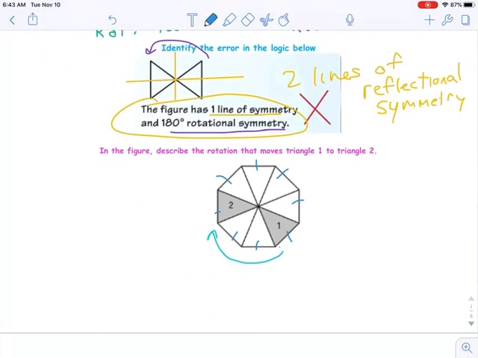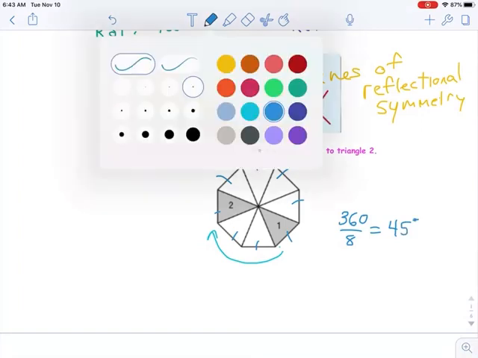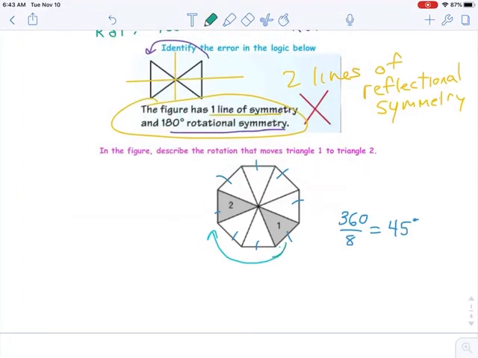So 360 divided by 8 equals 45 degrees. So if I move one space, that's 45 degrees, another 45 degrees, so that's a total of 90, and another 45 degrees. So what I can say is 135 degree rotation